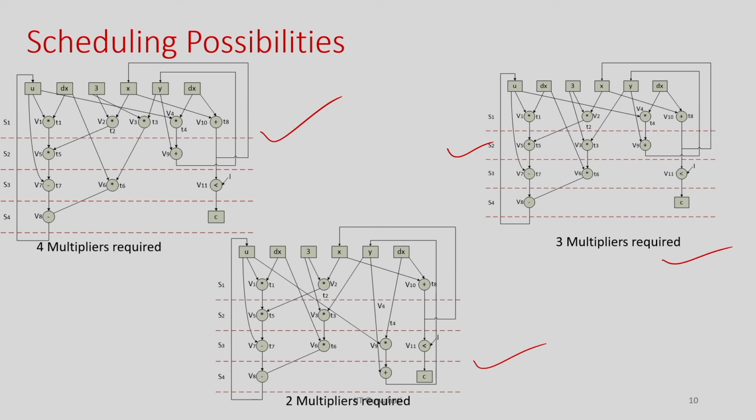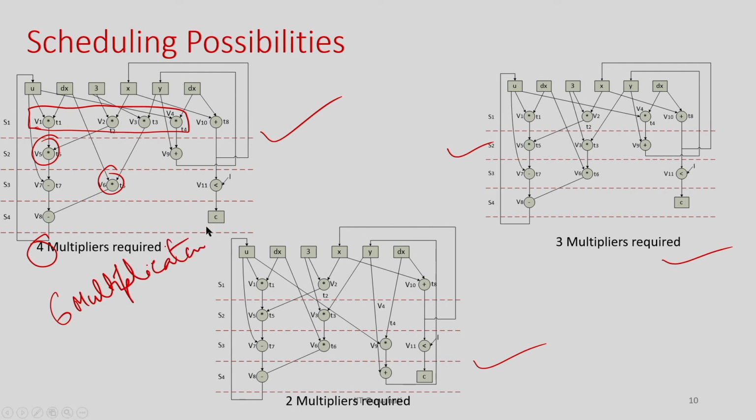But here you see how many multipliers are used, 4. That means there are 4 multipliers going to execute in time step 1, so I need at least 4 multipliers to do this. Here only 1 multiplier, 1 multiplier. There are 6 multiplication operations in this behavior, and because of this schedule, since there are 4 operations scheduled in step 1, I need at least 4 multipliers, because these 4 will run in parallel. So what does it mean? 6 multiplication operations need 4 multipliers.